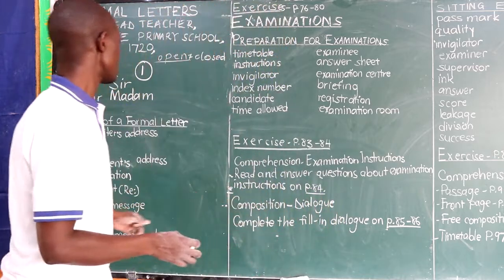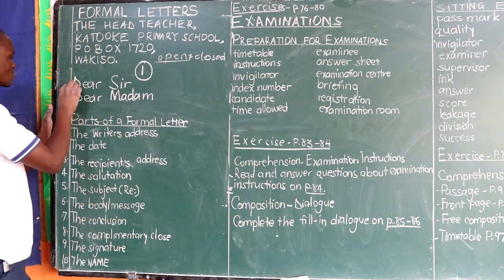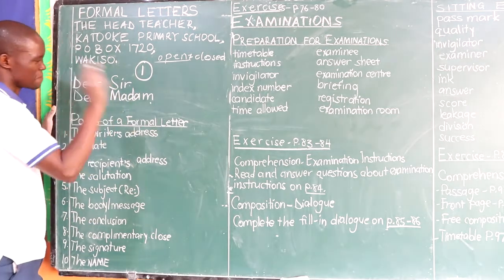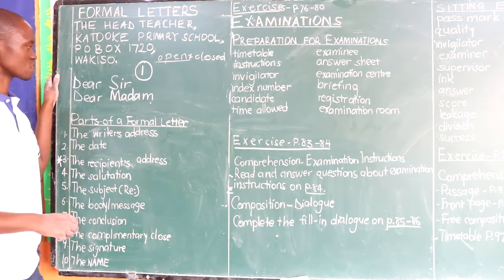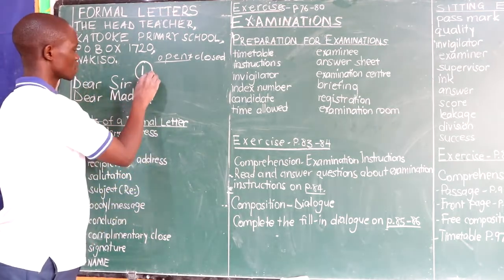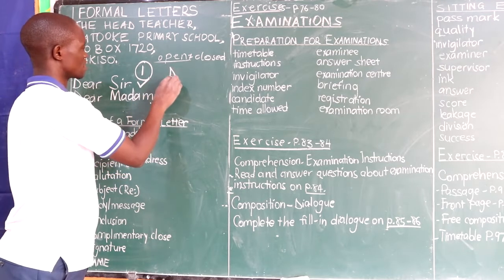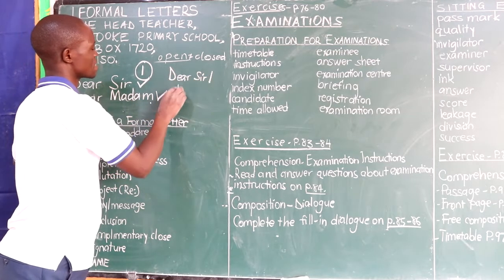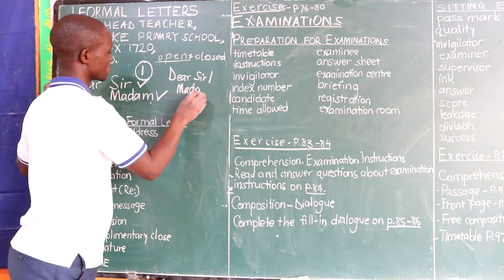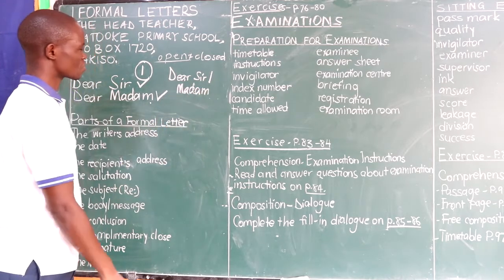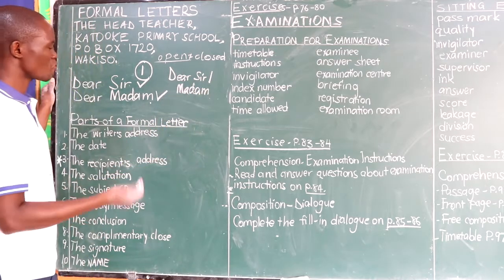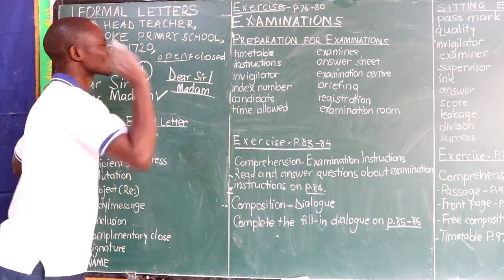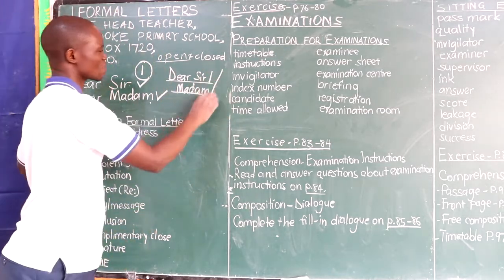So what do we say? We encourage you to write either sir or madam, but not both in one address. Meaning, this is okay, this is okay, this is fake. When you say "dear sir or madam," you're writing to me, but you don't know whether I am a man, you don't know whether I am a woman. In other words, you're writing a letter to someone very strange to you, and this is embarrassing to